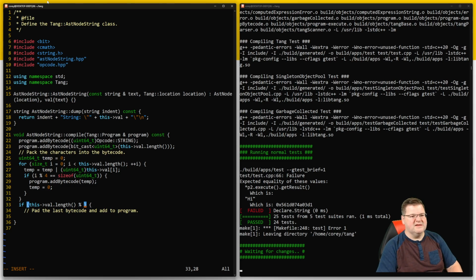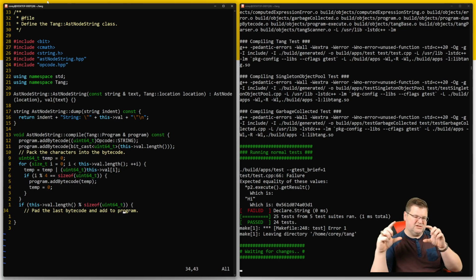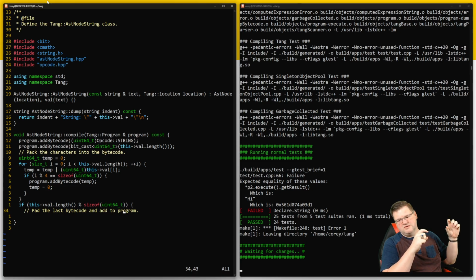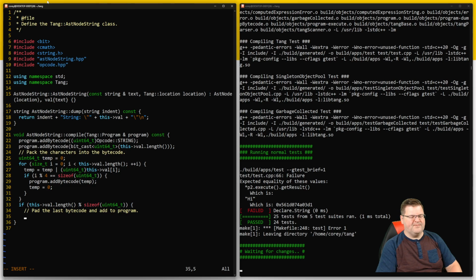But for right now, this should be sizeof uint64_t. So this is up to 8, right? So if it's 1, 2, 3, 4, 5, 6, or 7, I want it shifted over however many. So how many should that be? Temp is going to be shifted left by how many? Oh, that's going to be